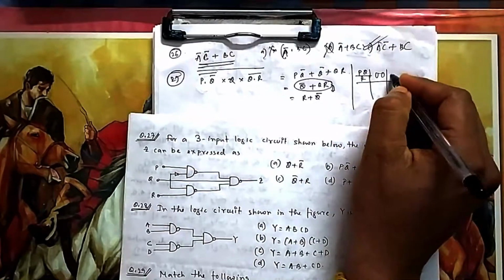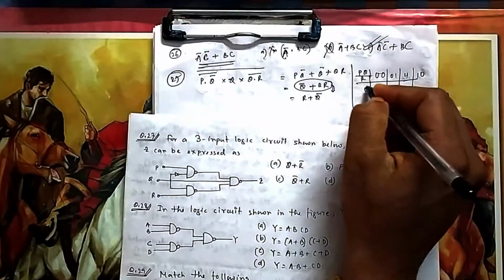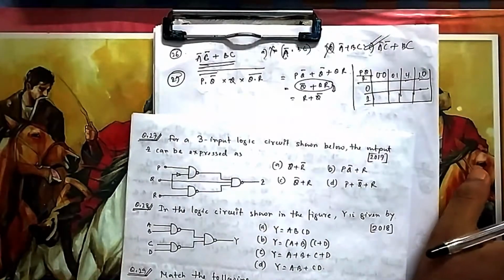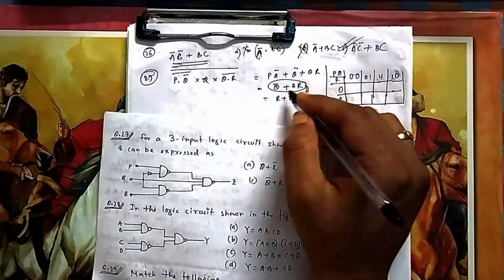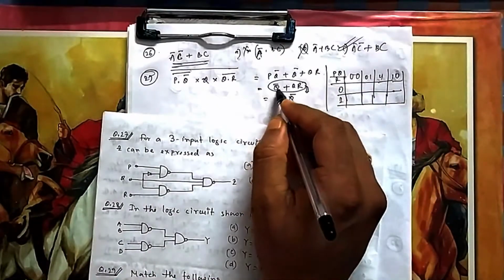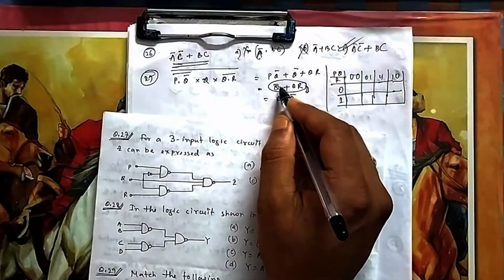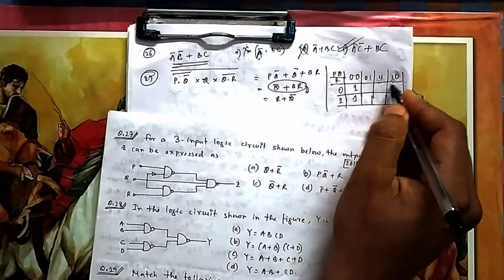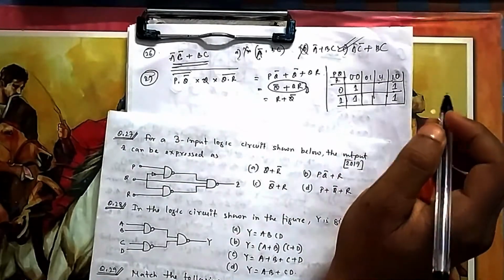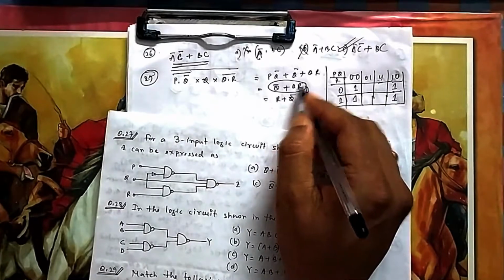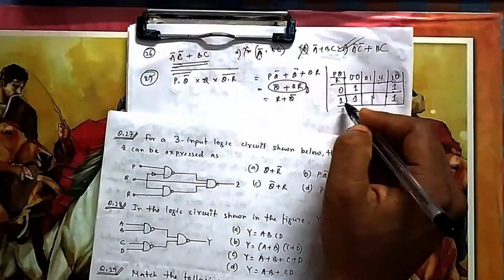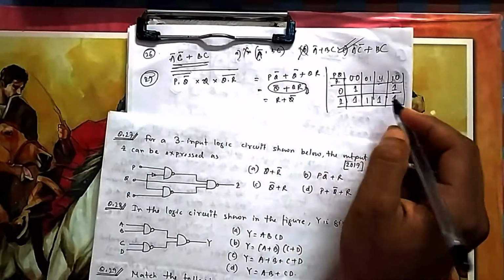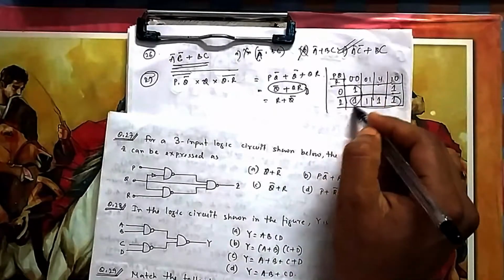Suppose you don't know the Boolean algebra expressions and formulas, then you can use a K map and skip this step. So what are the options? You have Q bar. Q bar means whenever Q is 0, there will be 1. Here is Q 0. Whenever Q is 0, there is 1. It is QR, QR 1 1, P can be anything. So 1 1 1 1. So this is the K map here. If you simplify, this is a quad and this is a quad.